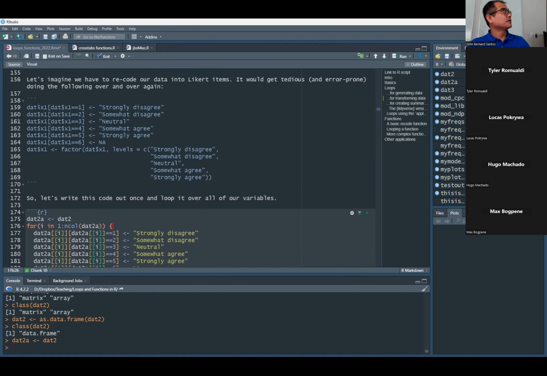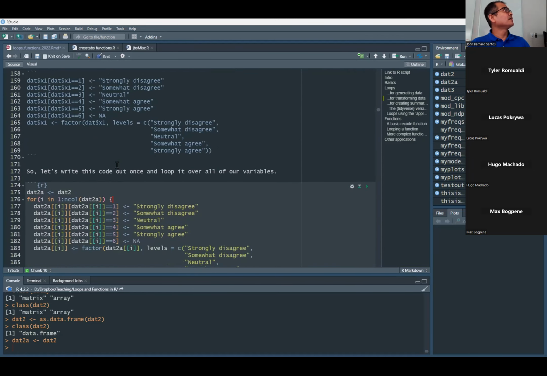And I literally just took this, and as with the function above, I replace every $ sign and then x1, right? Because that's the first column in the data set, with double square bracket i, right? So generally $ sign and then everything after it can be exchanged with double square brackets containing everything that was once after the $ sign,